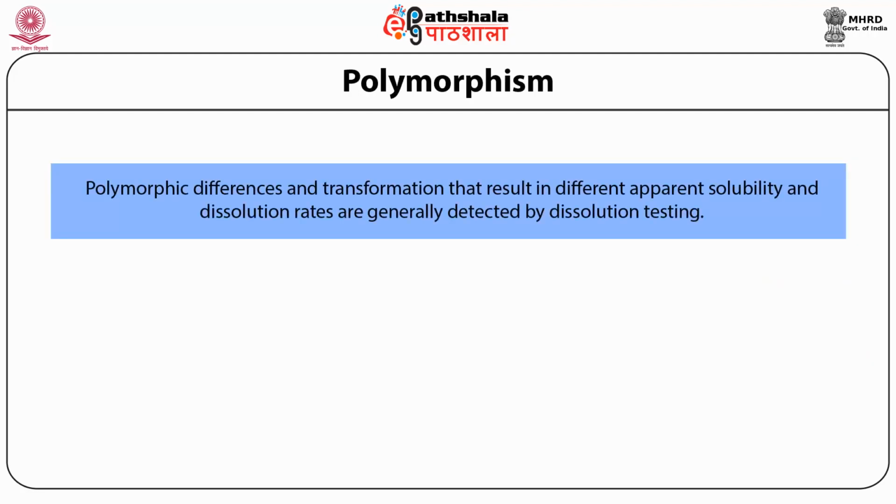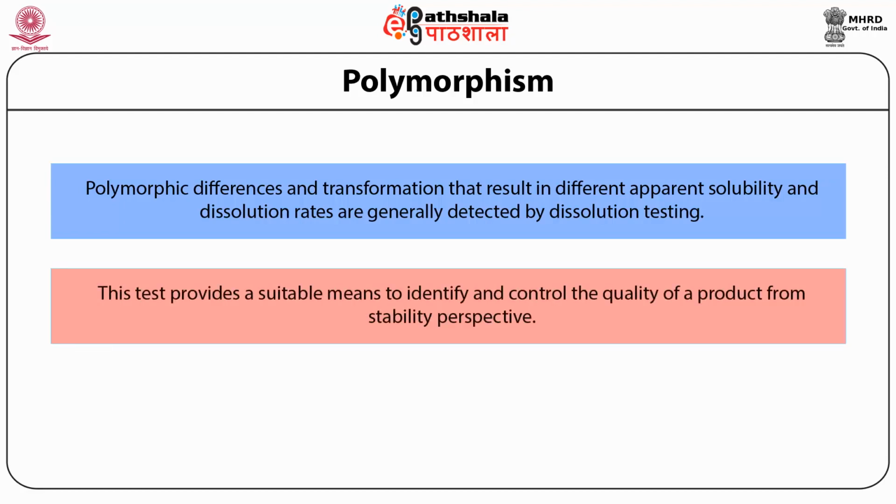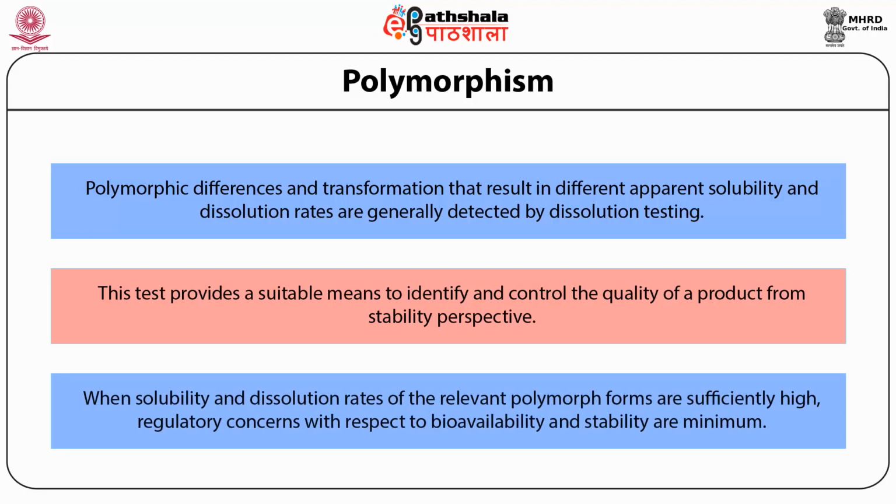Polymorphic differences and transformations that result in different apparent solubility and dissolution rates are generally detected by dissolution testing. This test provides a suitable means to identify and control the quality of a product from a stability perspective. When solubility and dissolution rates of the relevant polymorphic forms are sufficiently high, regulatory concerns with respect to bioavailability and stability are minimal. The BCS, that is the Biopharmaceutical Classification System criteria of high solubility and rapid dissolution should be